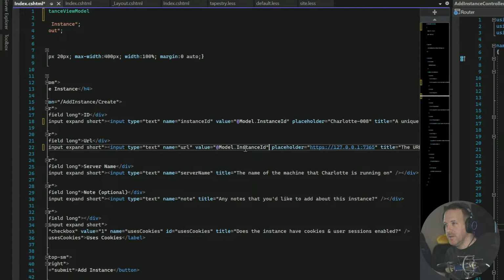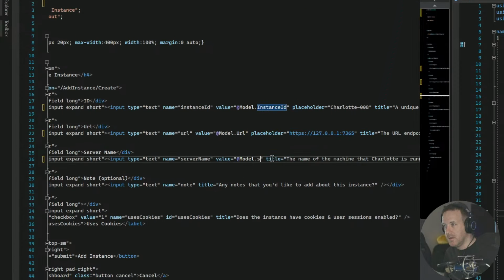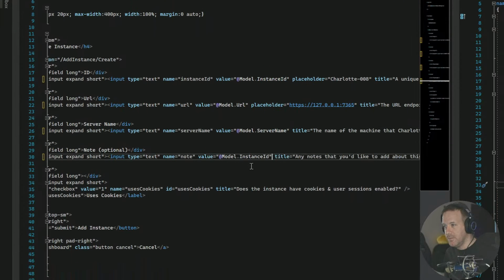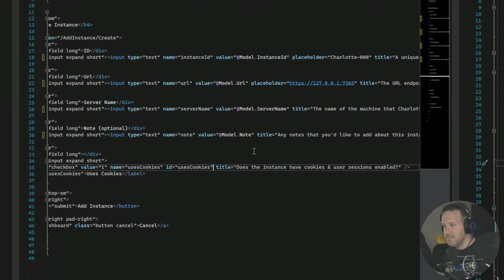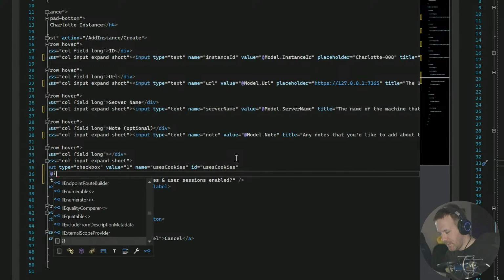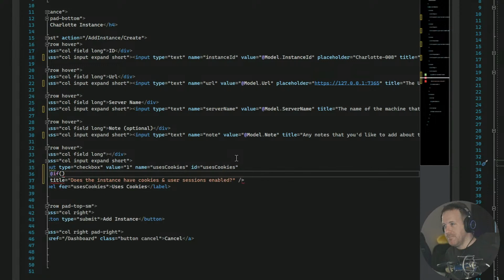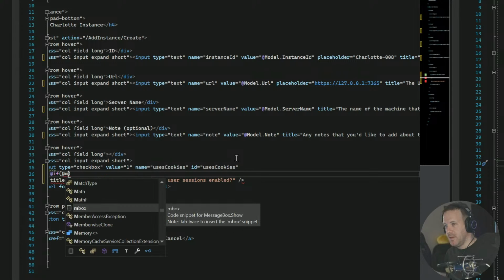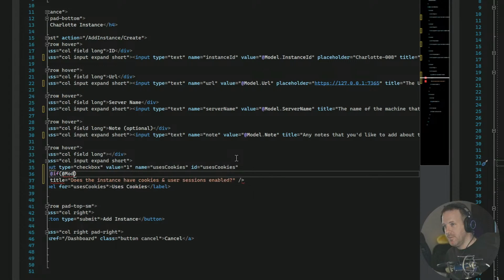This one is URL, server name, note, and if model dot uses cookies,